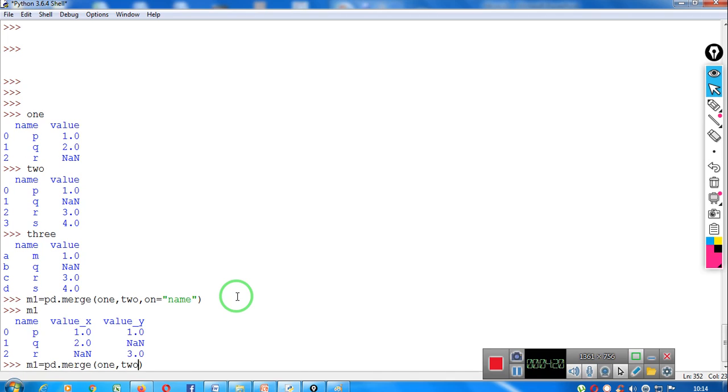If you skip the argument on, like over here I have skipped the argument on, then it will merge on common fields of 2 data frames. So Python will automatically merge your rows on the fields which have common values. But we can specify the fields on the basis of which we want to merge the 2 data frames by the use of the on argument.